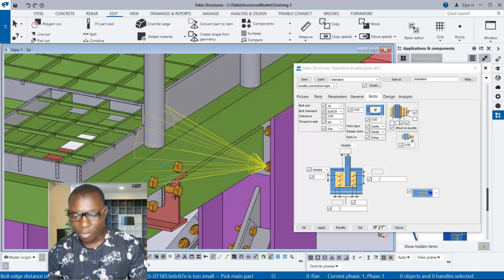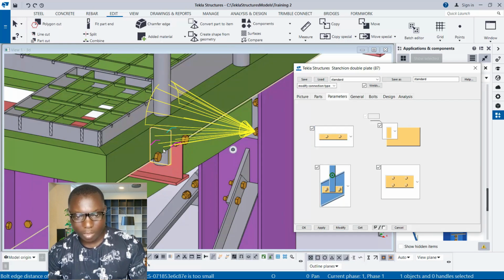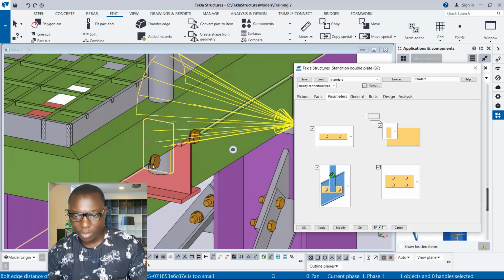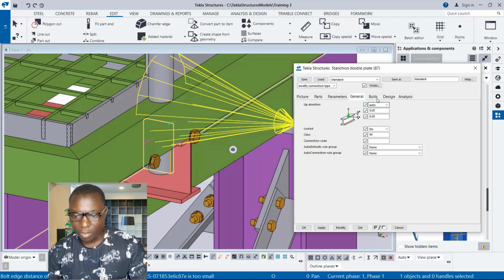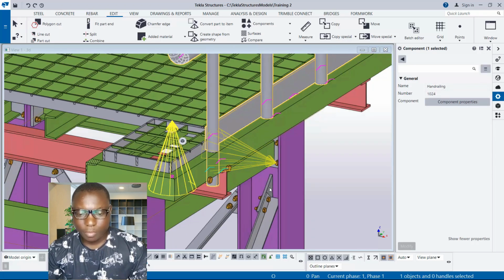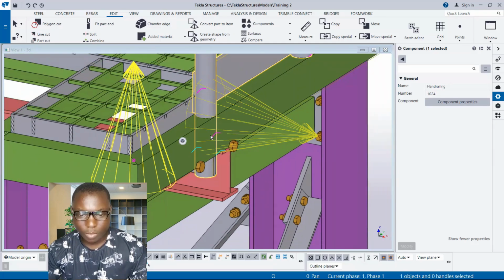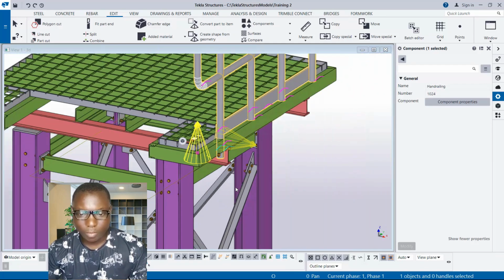This is not model at all. Okay. Provisions changes to this one, modify it, and then see what we are having. So we are supposed to have it on this face, but it's giving us in the other face. Okay, yeah, if you check very well, we notice that we need to make some adjustment on the